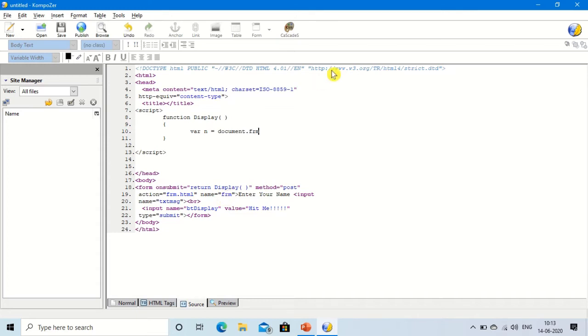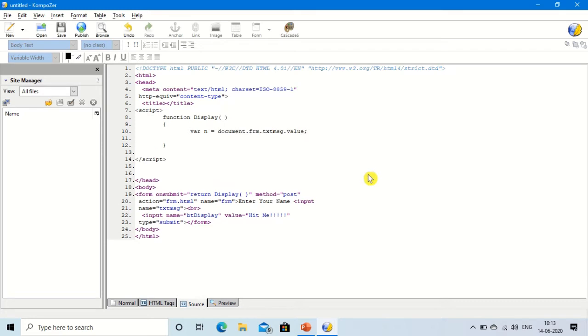So write frm dot name of the text box. The name of the text box is, you can see here, txt msc. Copy and paste. That is the best way because there is no chance of spelling mistakes. Then dot value. Value is the property of the text box that will get the value. Then at the last put the semicolon. Now we have taken the value.